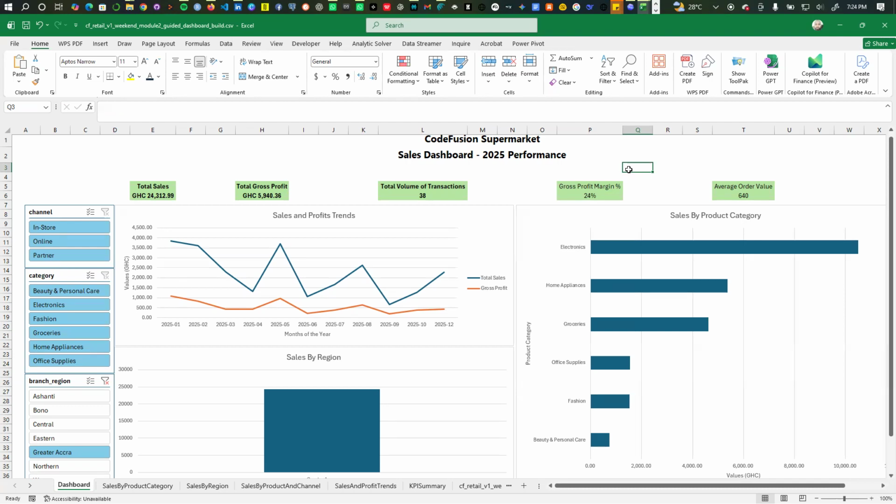So for every 1 CD sale, 24% of it is gross profit, from which you will deduct your other operating expenses to arrive at your final profit. So this is gross profit as a percentage of sales. So every sale you make, the portion that represents your gross profit is 24%, which means the remaining, when you subtract